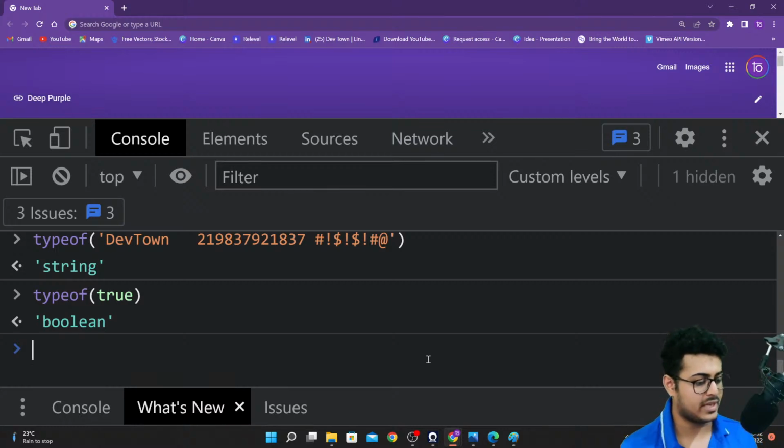Yes, var, prompt and alert have special meaning in JavaScript. So what do you mean by keywords? Keywords are nothing but words that have special meaning in a particular language. So yes, typeof, then you have alert, prompt, and var. These are all keywords in JavaScript. Why keywords? Because these have special meaning in JavaScript itself.